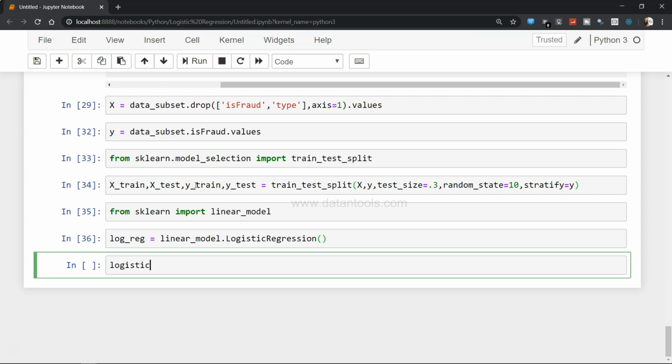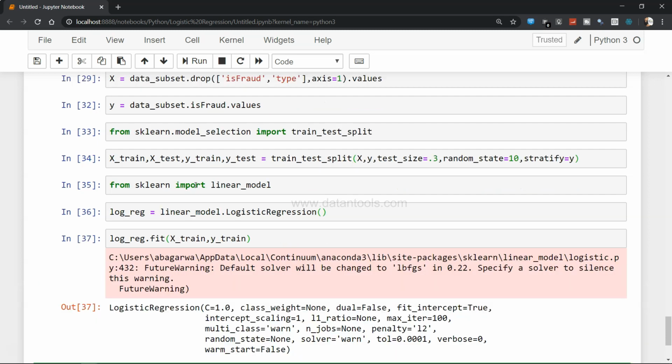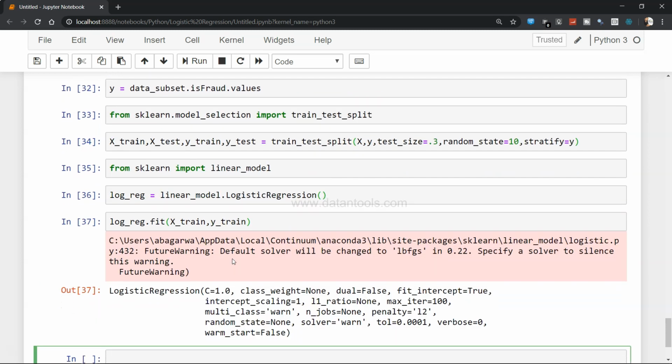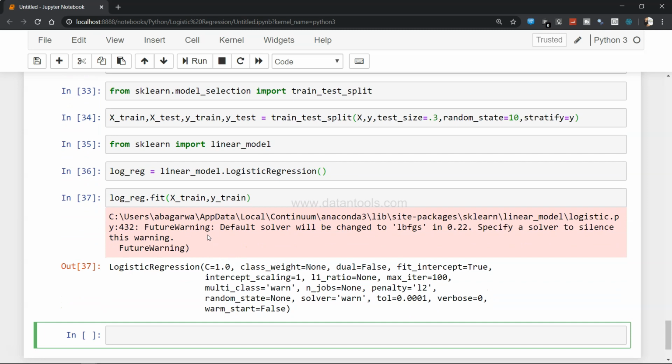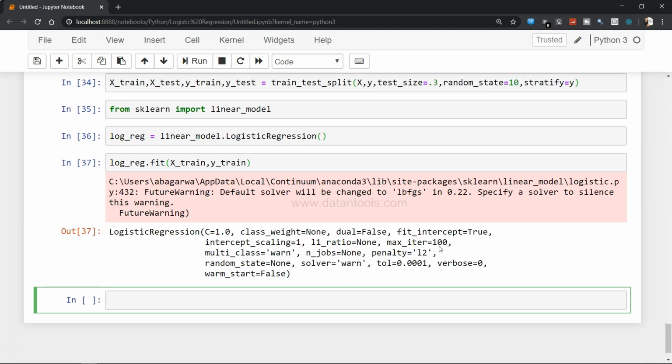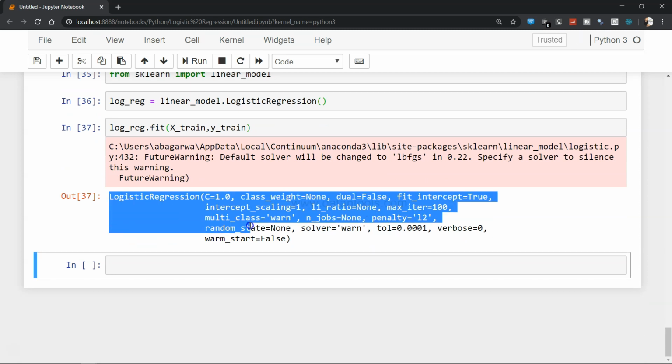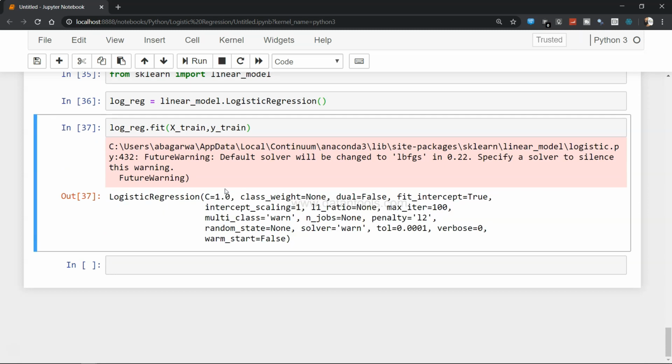So log_reg.fit the model on the training data X_train, Y_train. So this is a warning, so we can right now just ignore this warning, but what it has given us is basically all the parameters that by default it takes to train the algorithm.